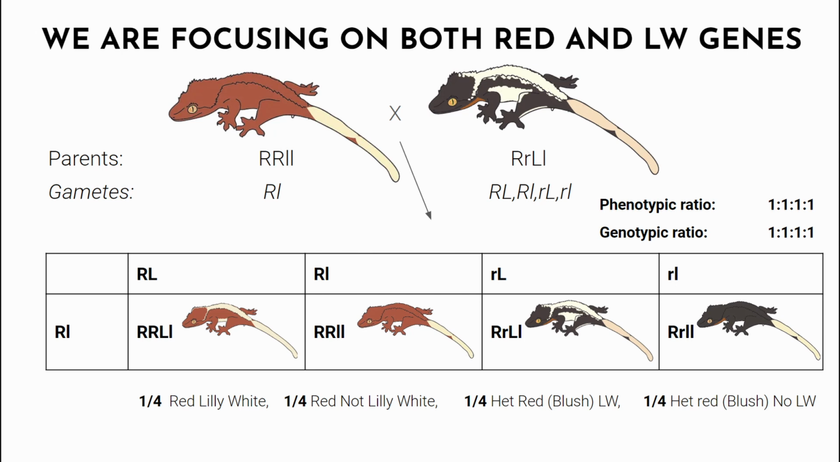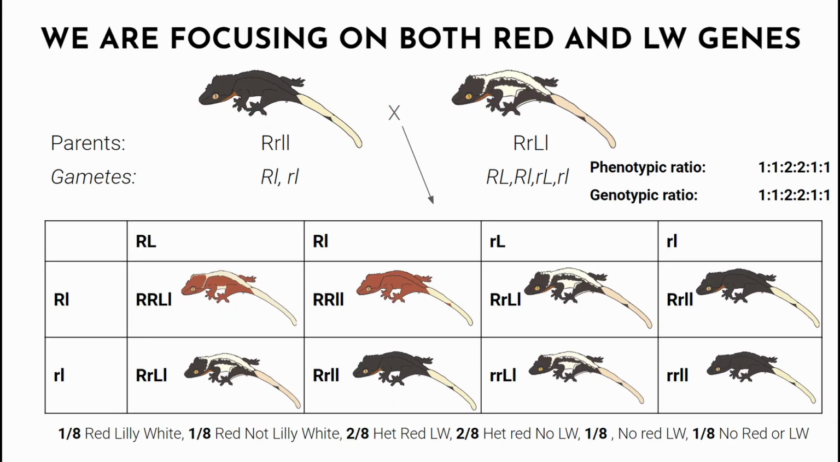1/4 of the babies is going to be big R, big L, small l, which is going to be a red lily white. Another 1/4 of the babies is going to be big R, small l, so it's going to be a red not lily white. Another 1/4 of the babies is going to be big R, big L, small l, which is going to be a het red, so a blush lily white. And the last 1/4 of the babies is going to be heterozygous for red, so a blush, but not lily